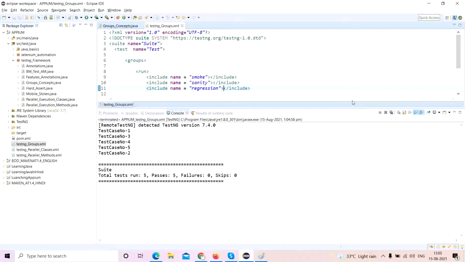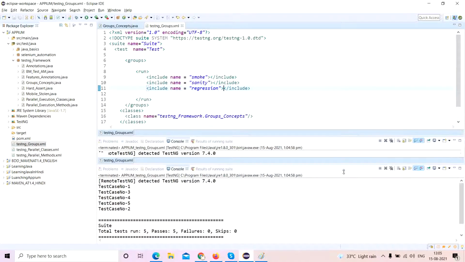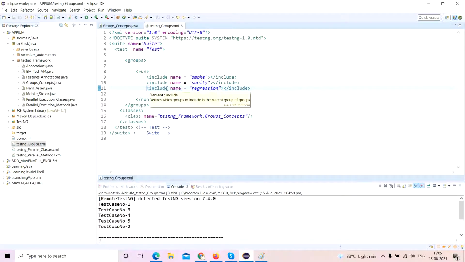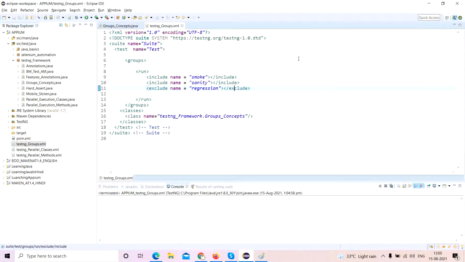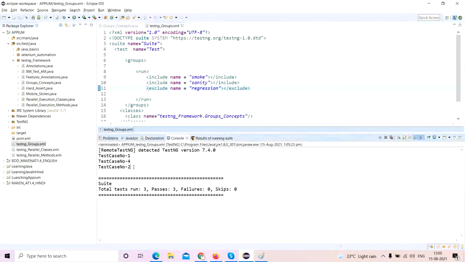Now, let's say, for example, you want to exclude, instead of include, you want to exclude regression. So now what will happen? Let us execute this testng.xml. You're excluding this. So now only 1, 2 and 4 are executing.